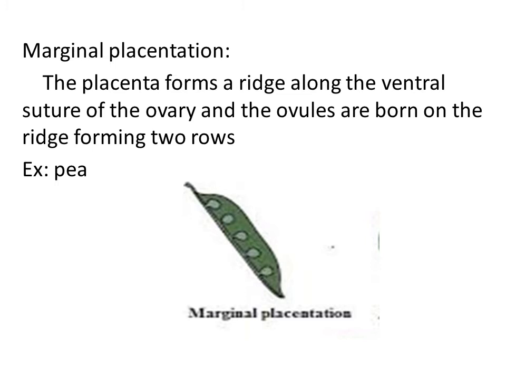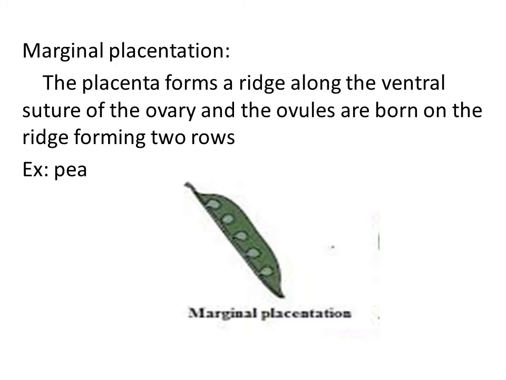That means at the marginal position, along the ventral suture of the ovary, the seeds get attached, right? You might get confused because we have taken the fruit in order to study the placentation. Fruit is nothing but the product of fertilization. After fertilization, the ovary gets converted into fruit and ovules get converted into seed. So if we look into the fruit, we can study the condition of the ovary in the flower.